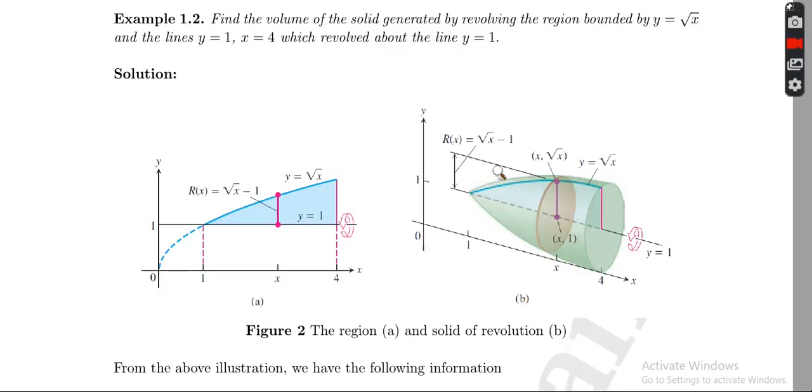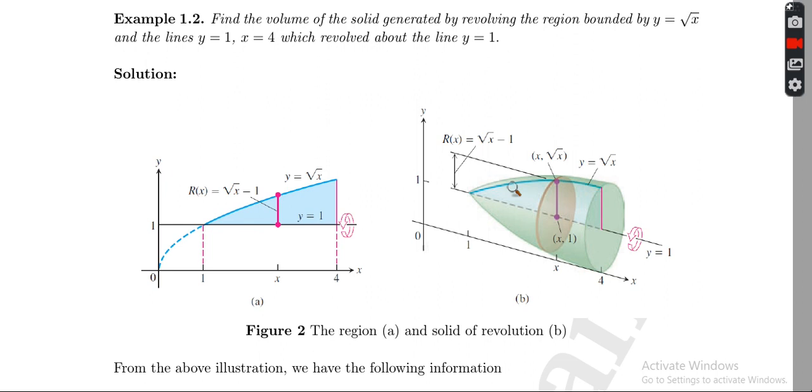Okay, our example 1.2 is most likely similar to example 1.1. Medyo binago lang nito ang axis of revolution and yung boundary ng ating region. So, let's find the volume of the solid generated by revolving the region bounded by y equals the square root